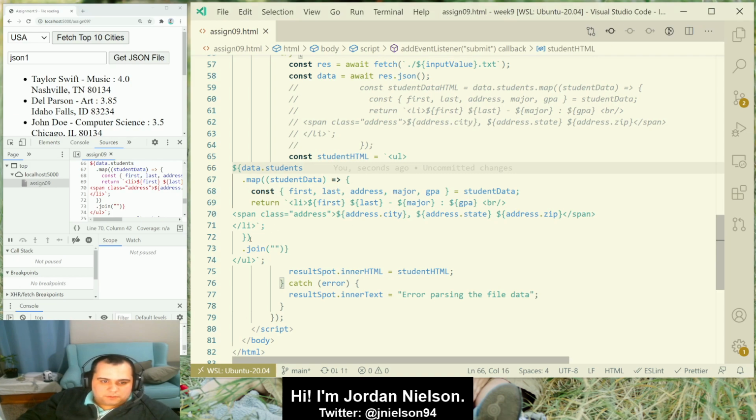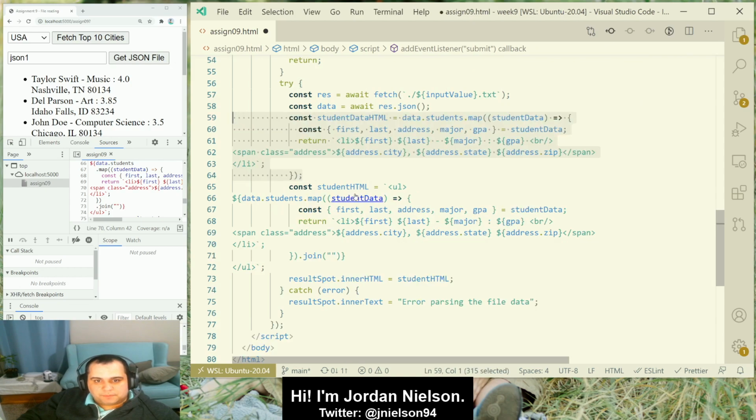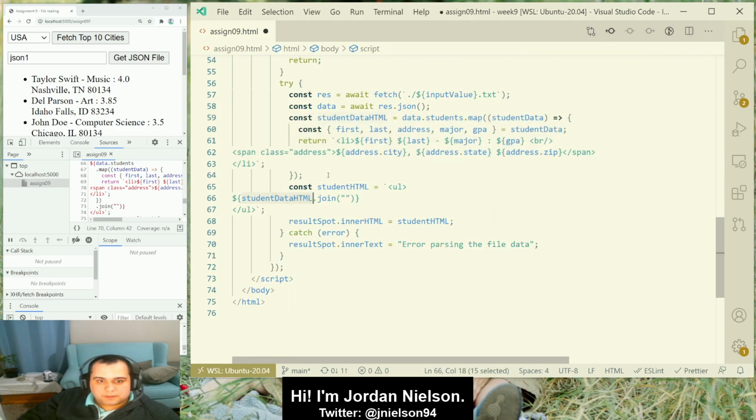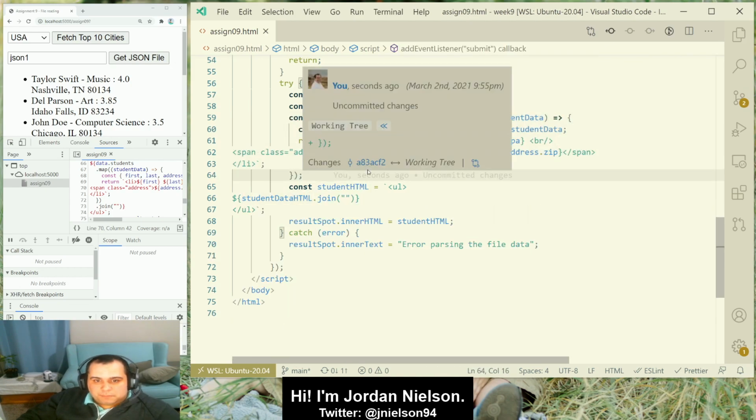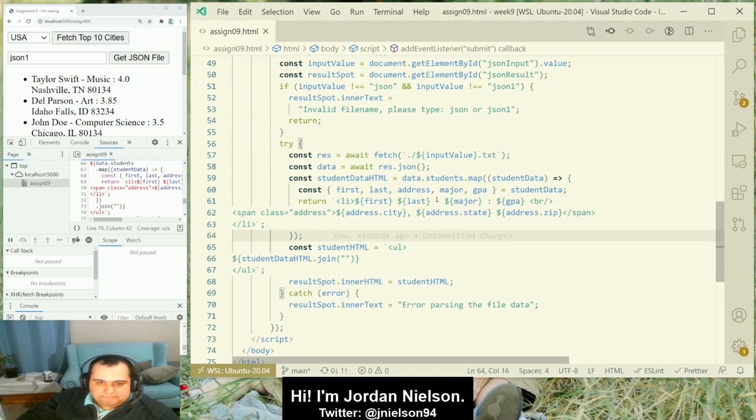You could just straight up inline this map. But some people don't like doing that. And I don't really blame them because it's a lot when you start nesting template literals. Okay, so